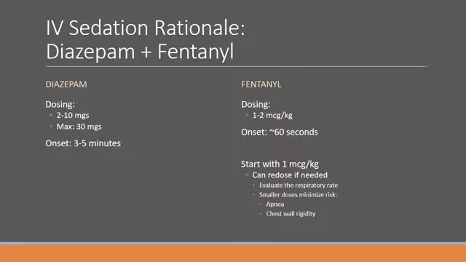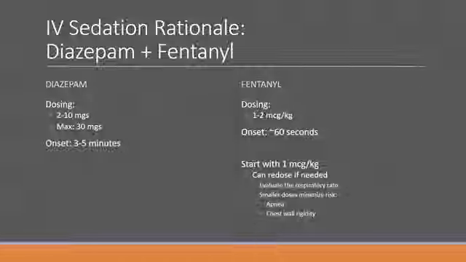We're going to use increments of maybe 2.5 to 5 milligrams, boluses of diazepam. I usually give my benzodiazepine first, and then I'll go ahead and give my fentanyl or my opioid agonist. So your fentanyl dosing is typically weight-based. It's based on 1 to 2 mics per kilogram. So a 70 kilo person, if you're going 2 mics per, that's going to be a total of 140 mics,